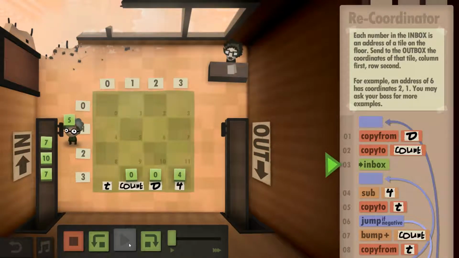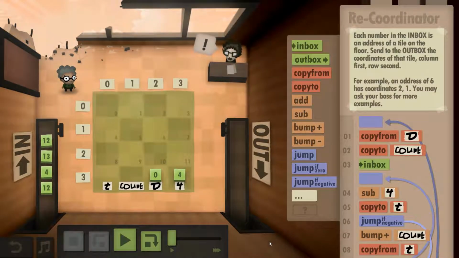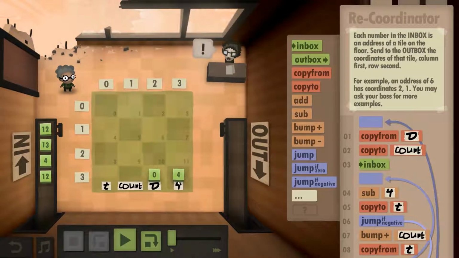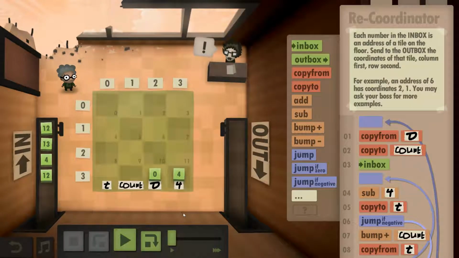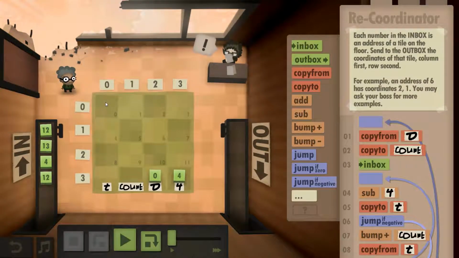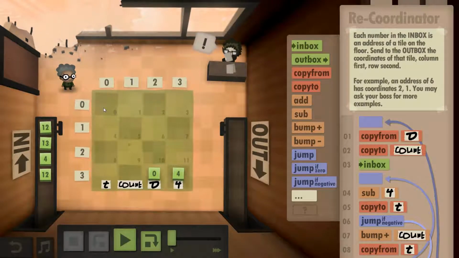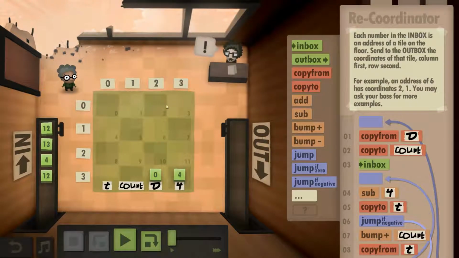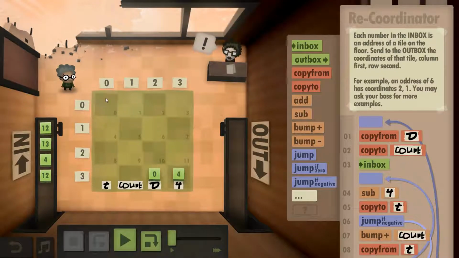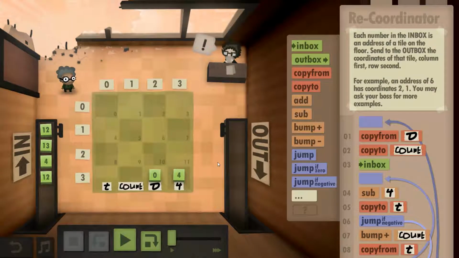It'll show what counts. We subtracted 4, right? Okay. That's the next step. Why do we subtract 4? I would guess it's a division thing. We want to divide by 4, but we don't have a division, so we subtract until we can no longer subtract. And specifically the 4, because there are 4 tiles in each row and 4 tiles in each column. Yeah, so if you take the 7 and you divide it by 4,